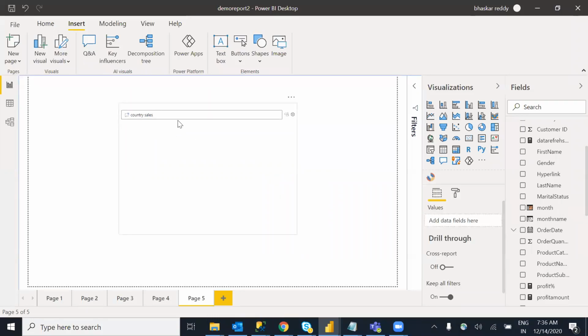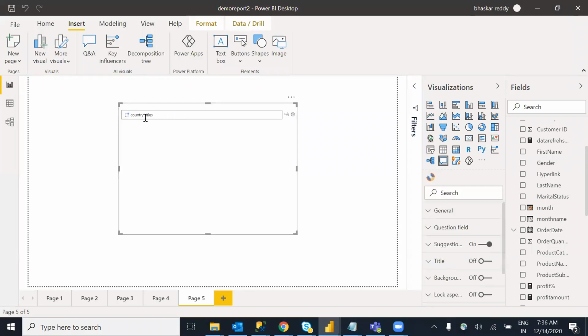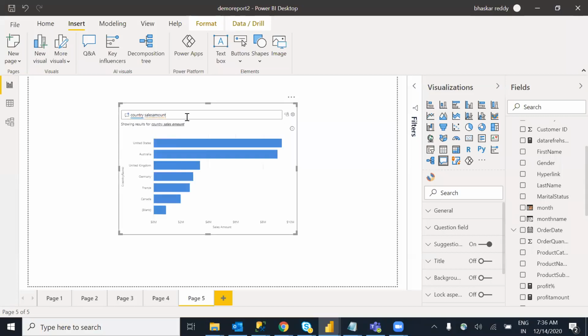It's still searching. So, country sales amount. Based on that, it will give the sales amount country-wise. This is Cortana analytics, Q&A, natural language.